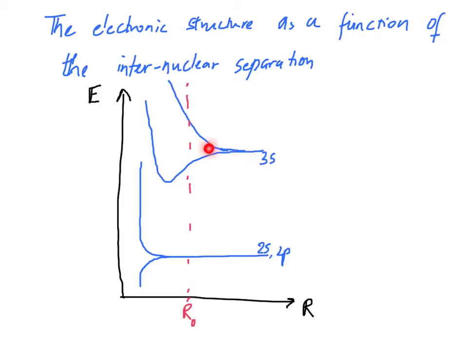As you decrease the internuclear spacing, the 3s level starts interacting with the neighboring ones, and you get various linear combinations of atomic orbitals and a spectrum of energy levels that become occupied. So that's what is schematically depicted over here. So there is a broadening. All of these energy levels now are allowed in our solid sodium,